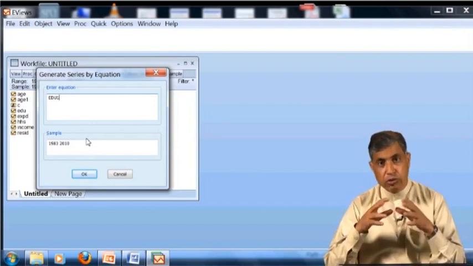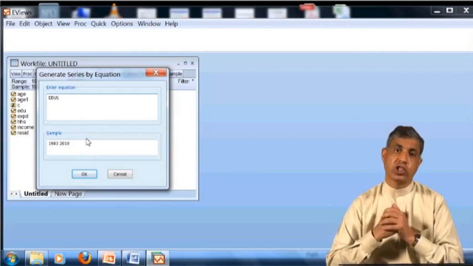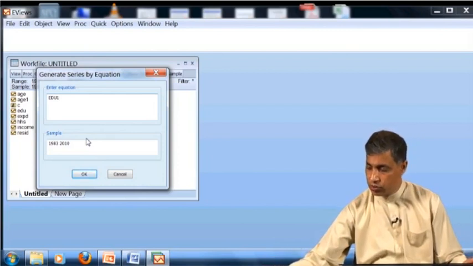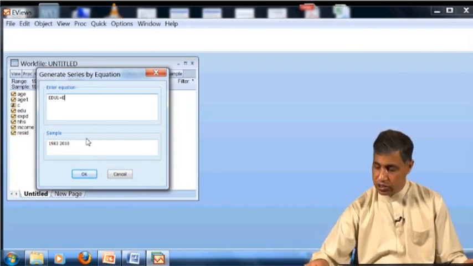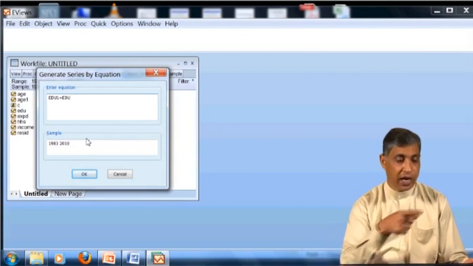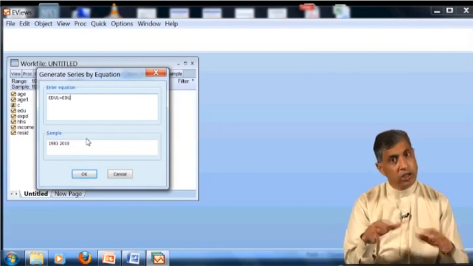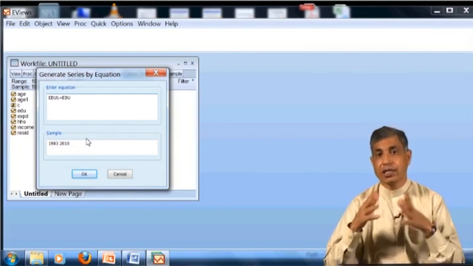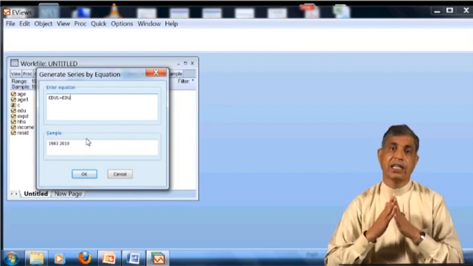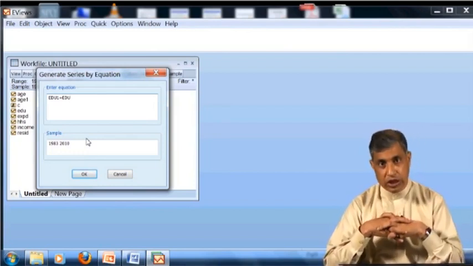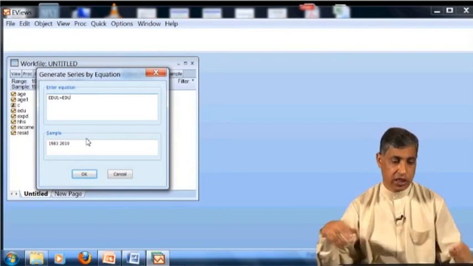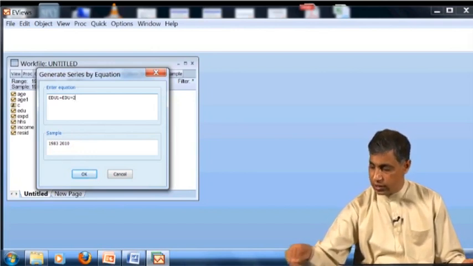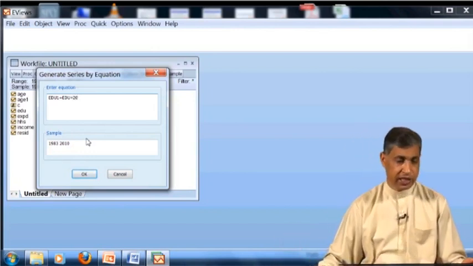You can generate the series by giving any formula to eViews, but keeping things simple, it is now equal to, and you have the series education. If you give another name, like household or expenditure, it will generate that series. But we are now in the process of proving that the correlation between two series remains the same even if we change the scale of those two series. So this is education, and I add 20 to it, just randomly selecting.